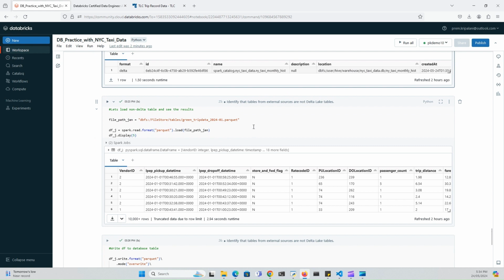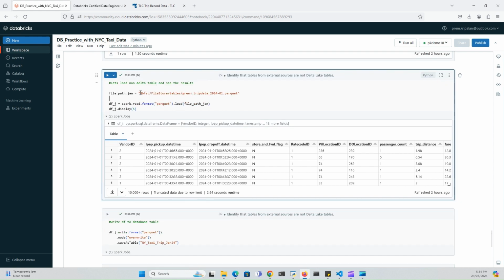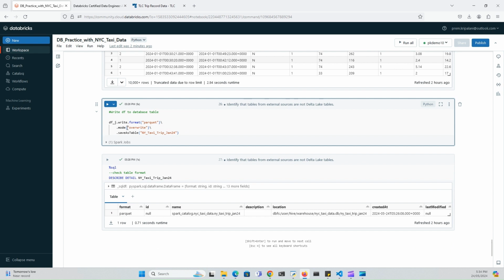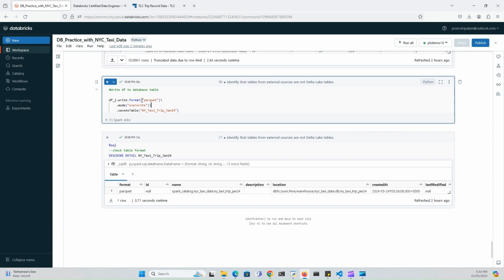Here I will show you differently. This is the practice again. We're reading the file, just the January file. As you probably remember, it's Parquet I'm doing. It's format Parquet, load the file and display. And then I'm writing it back in Parquet format, not Delta format, you see. So here we can write back to Parquet format. And when I run this,